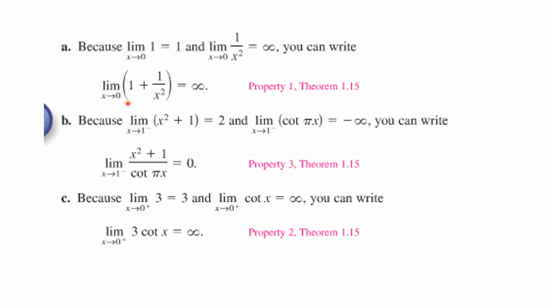And here's some examples. So if we were to have this, the limit is equal to infinity because this one goes to infinity. If we had this limit as x tends to minus 1, you just plug it in. And this one, as you go there, you're approaching the cotangent of minus pi, so you get minus infinity. So that means this limit is going to be 2 over minus infinity, which will end up being 0 because it gets closer and closer to 0. And 3 times cotangent, that will be 3. This will be infinity, and so the answer will be